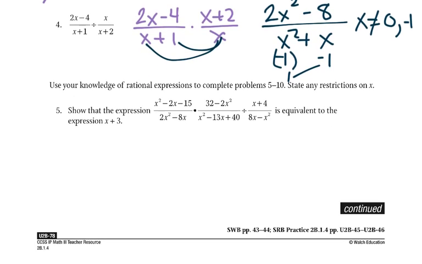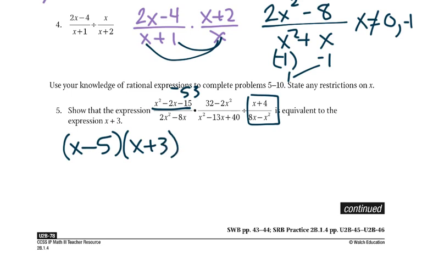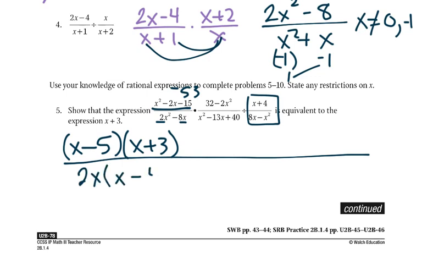Okay. Number 5, it says use your knowledge of rational expressions to complete problems 5 through 10. So this one's going to get switched. Let's start simplifying. 15, 5, and 3 make a negative 2, negative 5. So we get x minus 5 times x plus 3 over, and we're going to go the whole way, pull out a 2 and an x, so times x would be left over minus 4, times this one we don't have to flip, so we can pull out a 2, and we're left with,